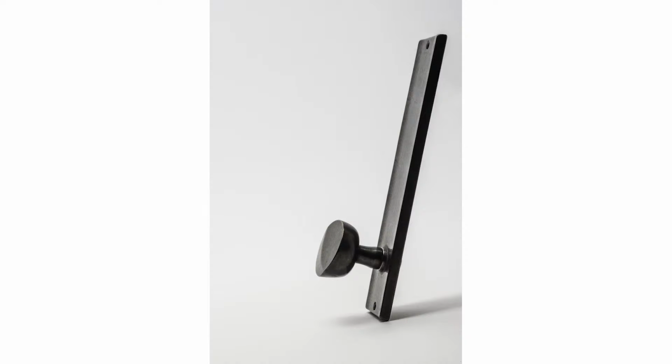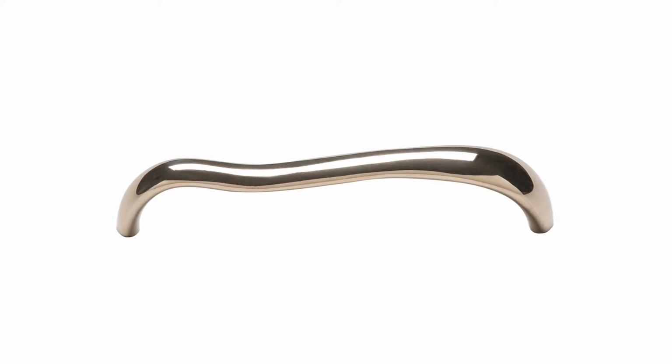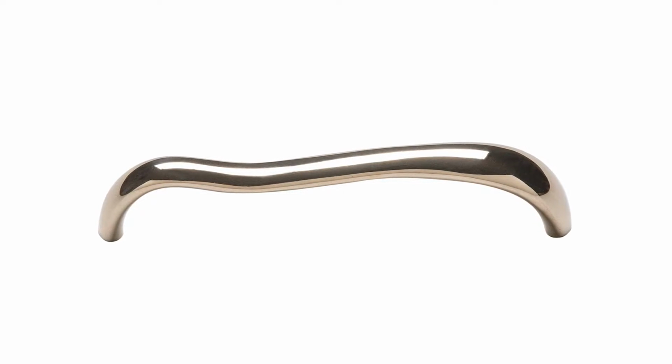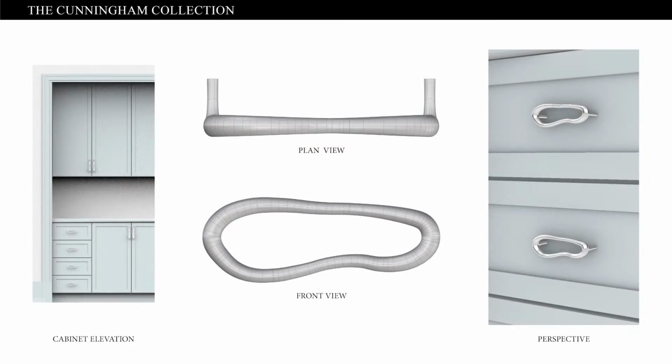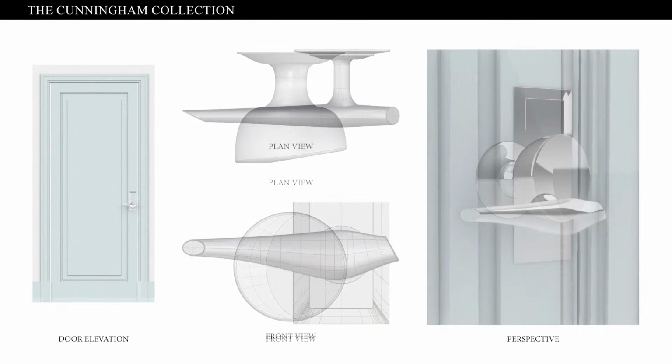So like most things, we always look towards precedent. Not that we're interested in copying, but we're looking to see what has worked in the past. What is the basis of good design? And then how can we apply that for the here and now, for the contemporary? And in this case, we had first presented a whole range of different stylistic options to Rocky Mountain. The collection that we eventually went with was just one direction, but even within this one direction, there were a